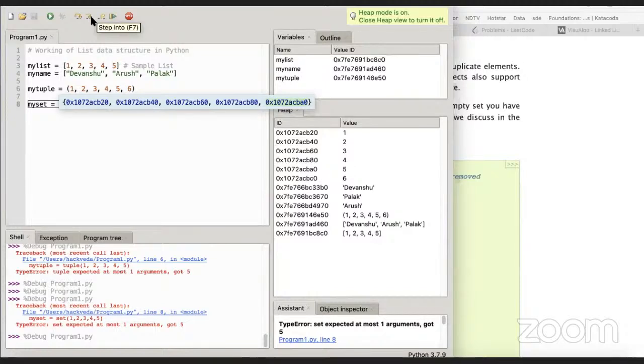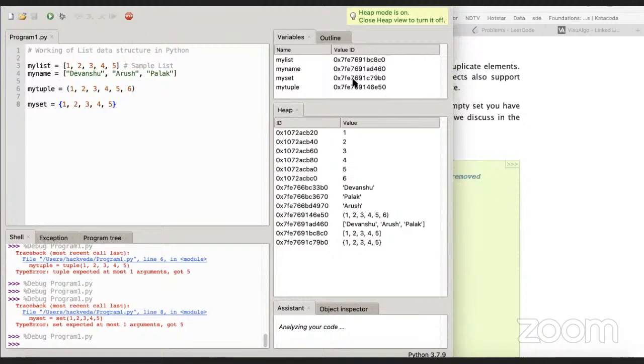Okay, 72 ACBC0. अब यहां से देखोगे B20 आया, B40 आया, B60 आया, B80 आया, BA0 आया, ठीक है। 1 2 3 4 5 आ गए। सेट हमने सेलेक्ट किया। सेट सेलेक्ट करने के बाद में एक मेमोरी एड्रेस मिला, सेट भी एक ऑल्टरनेट माई सेट स्टोर हो गया जाके एक नए मेमोरी एलिमेंट में, ठीक है। So now you can see that ये नॉर्मली जो आपका सेट टपल स्टोर होता है वो राउंड ब्रेसेस के साथ, जो आपकी लिस्ट है वो स्क्वायर ब्रैकेट्स के साथ, और जो आपका ये है सेट कर्ली ब्रेसेस के साथ, ठीक है।